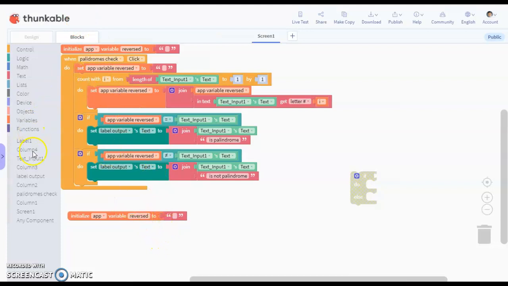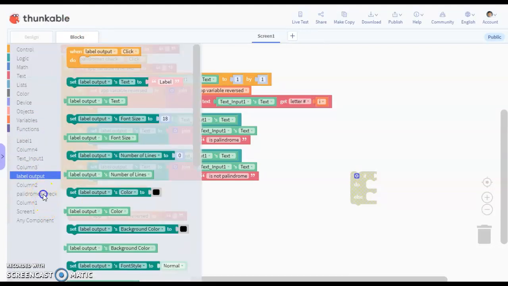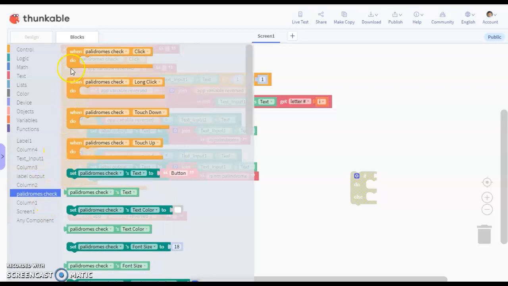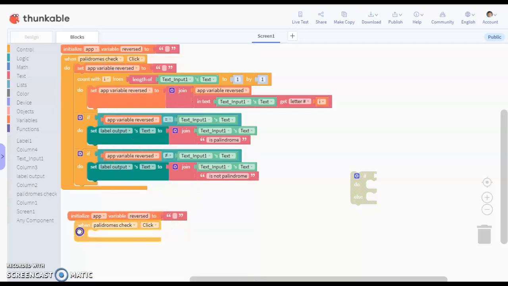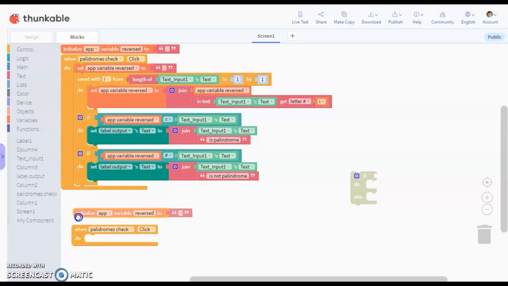So you take whatever you've named it. I've named it palindromes check. So I'm just going to pull that out. So when the button, also named as palindrome check in mine, is clicked, you want to, again, you know how you made that, you declared the variable here,